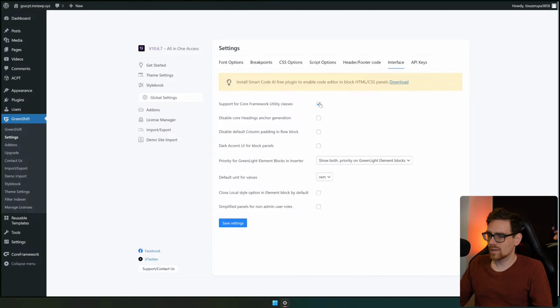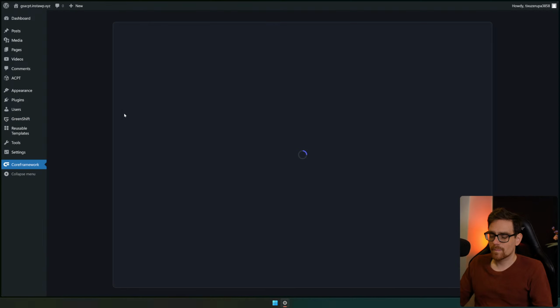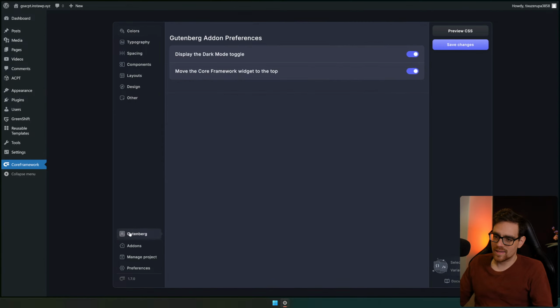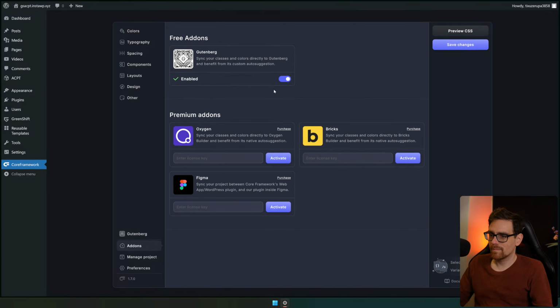Let's save. And let's select it again and save again. And hopefully it's now disabled. I also think that this might have been the wrong choice to add this, so we need to disable this. And then if we go to our page again,